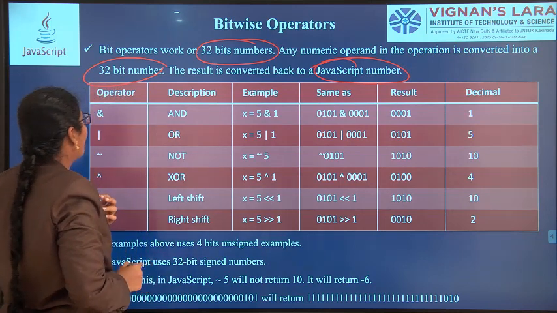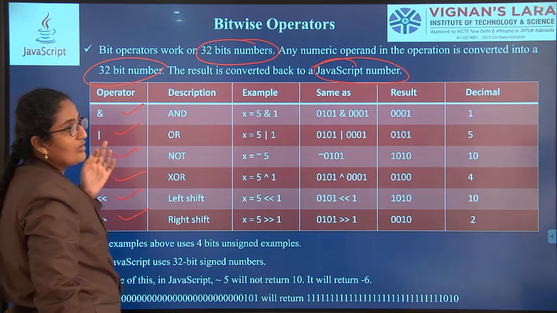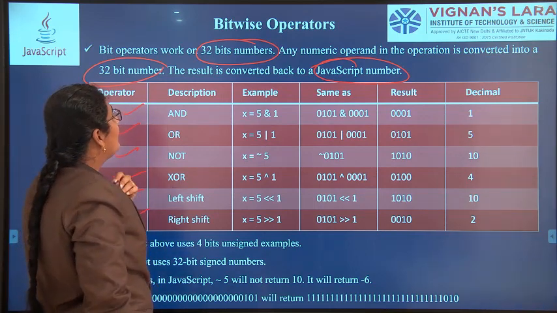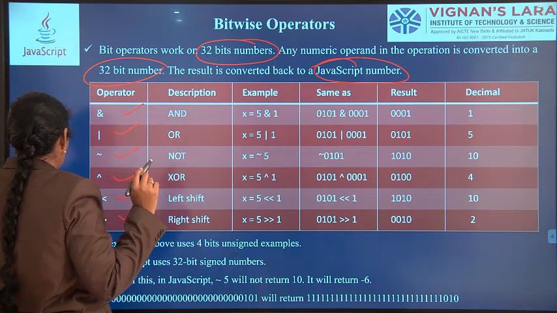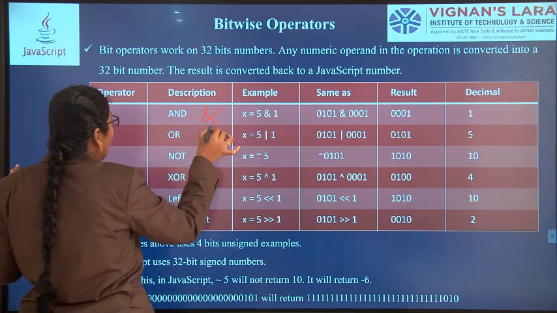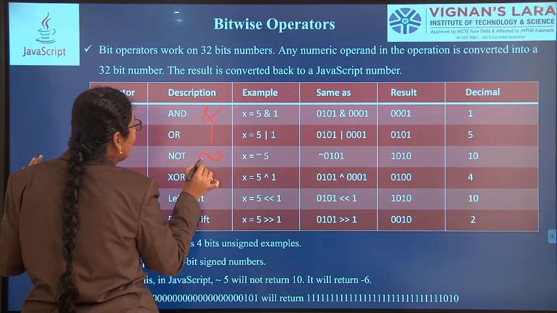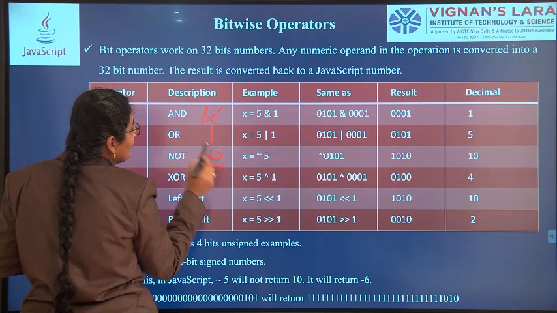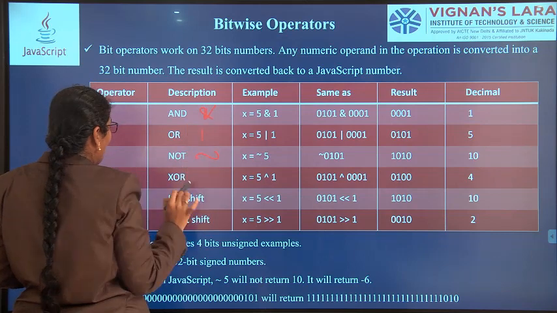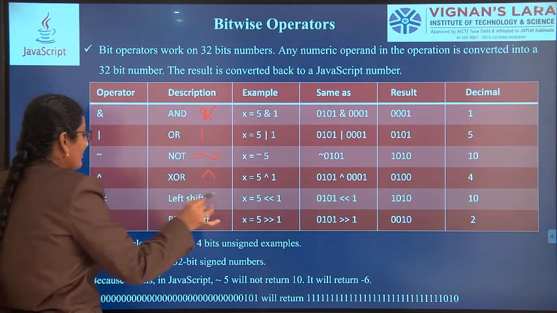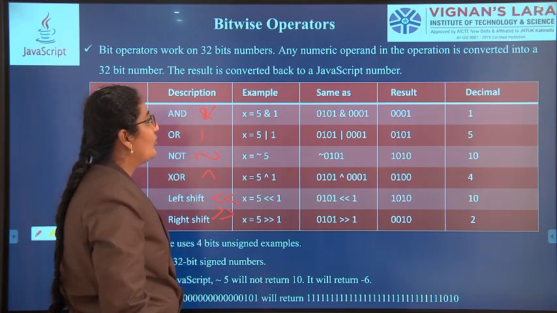See, what are the bitwise operators we have? And, or, not, XOR, left shift and right shift. These you have studied in many subjects. See here, they have taken some examples and given them to you. But you need to remember that the and symbol, or symbol, not symbol are changed here. The tilt symbol is used for not here. The name of the symbol is tilt. And for or, not, XOR, the cap is for XOR, then left shift, right shift.